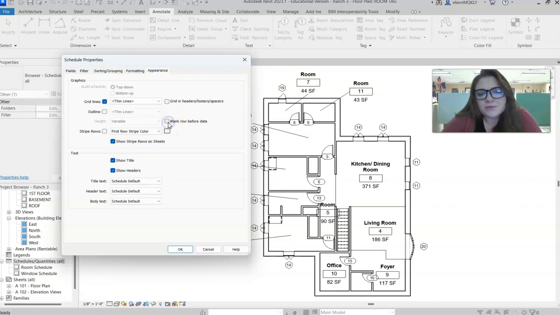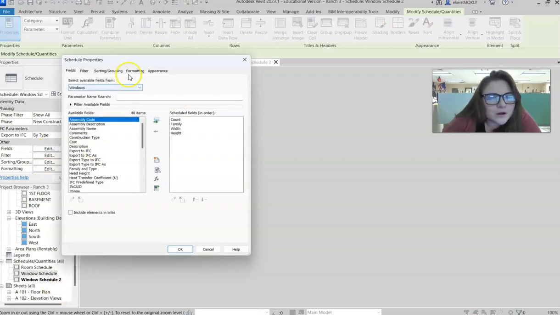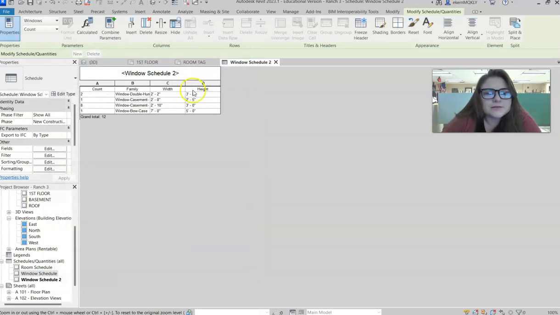We're going to get rid of that blank row before data. And I think we'll hit OK. Now I missed something, so hold on one second. Like I said, I missed something. So we're going to go in here, sort by family, descending. Let's see if that does it. There we go. So now you can see